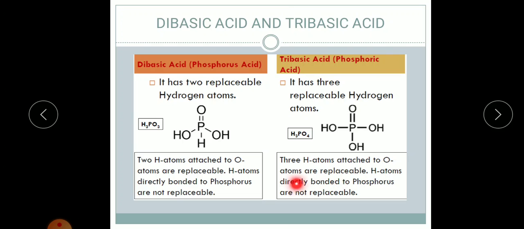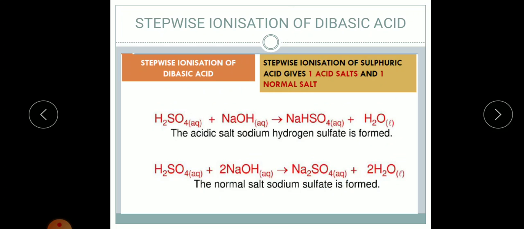Hydrogen atoms directly bonded to phosphorus are not replaceable. So in this case we can find that we have got 3 hydrogen atoms which can be replaced. Because of that, it is a tribasic acid. Now we'll try to